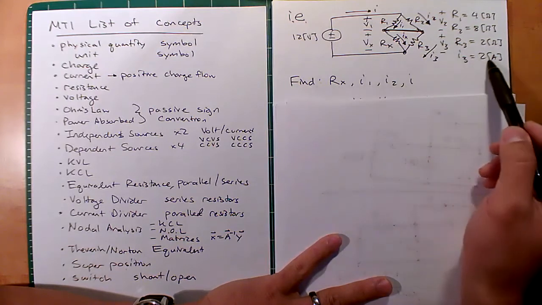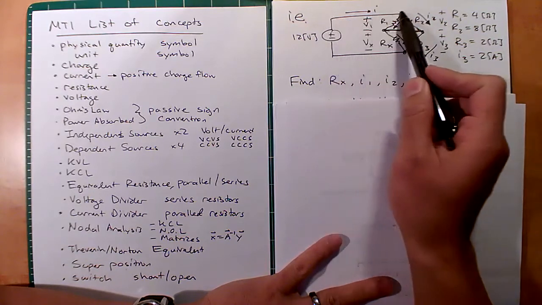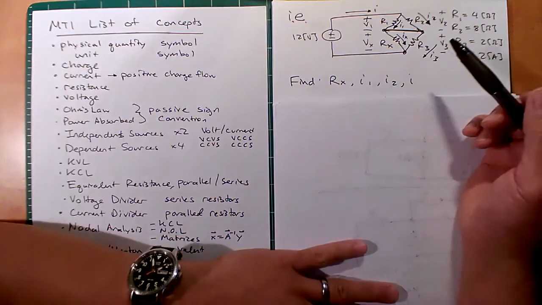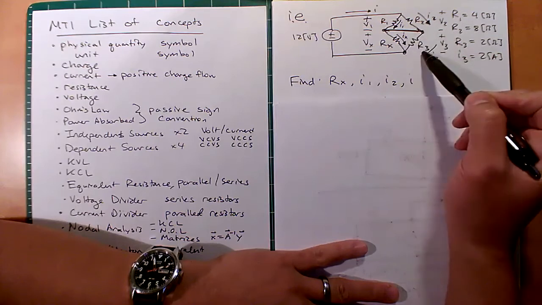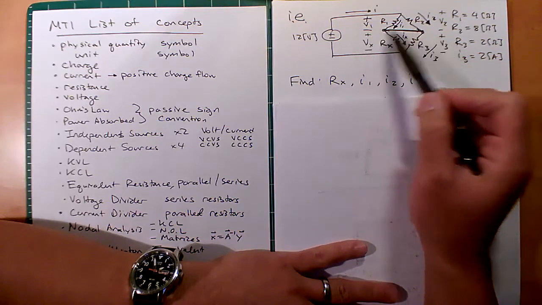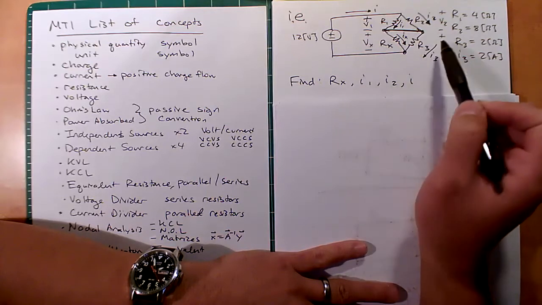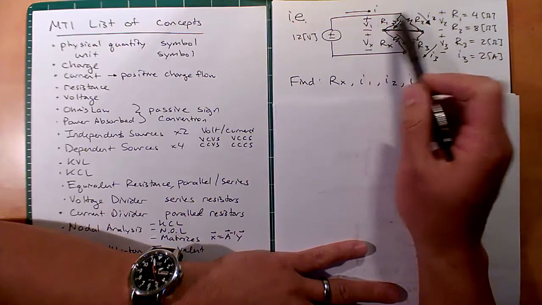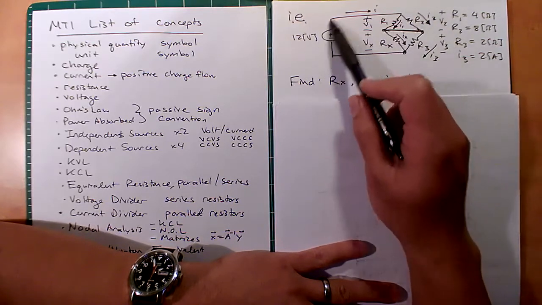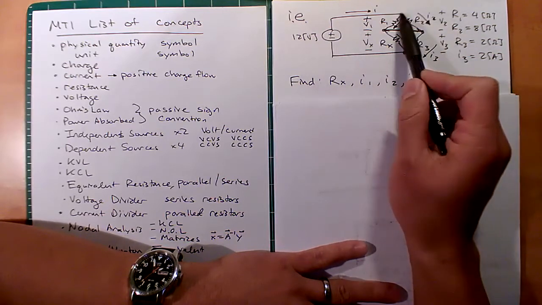We're given this current is 2 amps, and we want to solve for I1, I2, and this total I. Okay, so if we're given this current, we could probably solve for this voltage V3 here by Ohm's law. Once we have that V3, we could probably solve for Vx because they're in parallel, so we know Vx is the same as V3. Once you have V3 and Vx, you could also solve for V1 and V2. V1 and V2 are going to be the same because they're in parallel, but you could do a KVL all around this loop here,